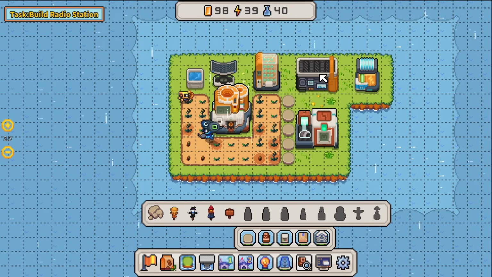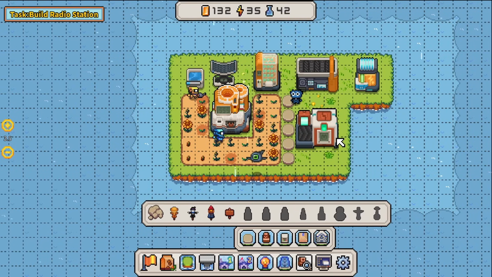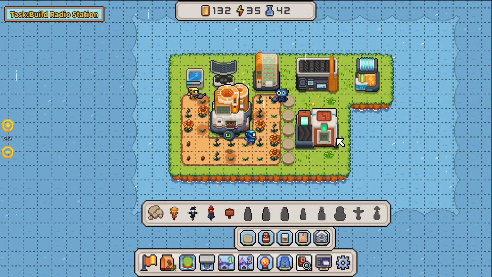Got 40 now from the research center. I don't think I want to delete a plot. I think I want to remove plant. I think that's what we want to do when it gets to 80. I think that's what we need. It's either that or restore land, and I'm not sure which. So I could end up choosing the wrong one, and then we've got to wait for it to...